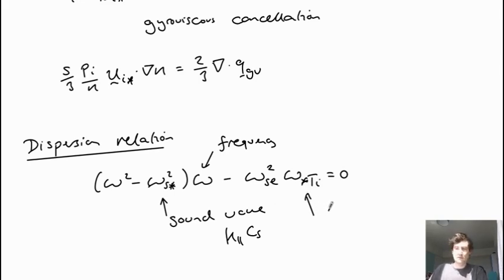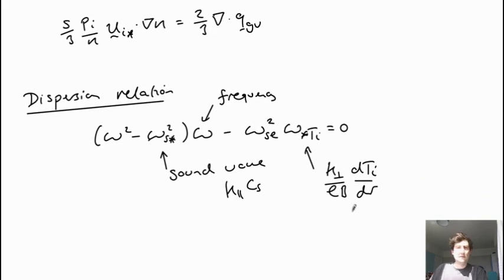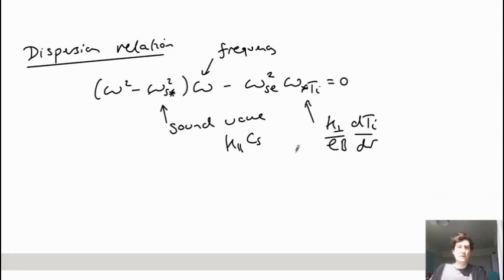So this looks a bit like a drift velocity of 1 over B and a charge and a gradient, but it's coming about in a different way. So it's like the electron drift wave has the diamagnetic drift frequencies in it, but they come about from a different form. If the ion temperature gradient is small, so if this term here is small,